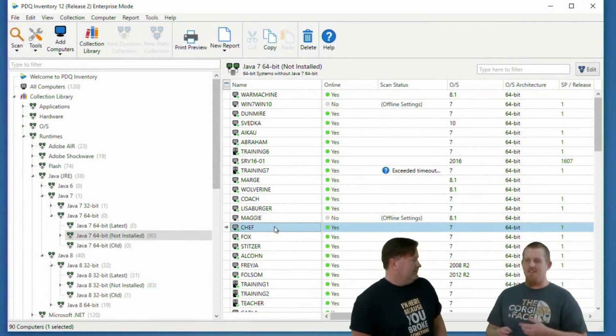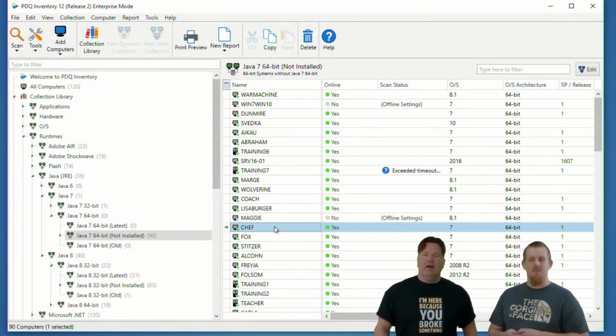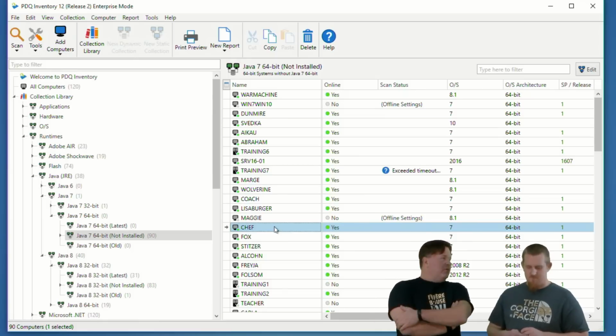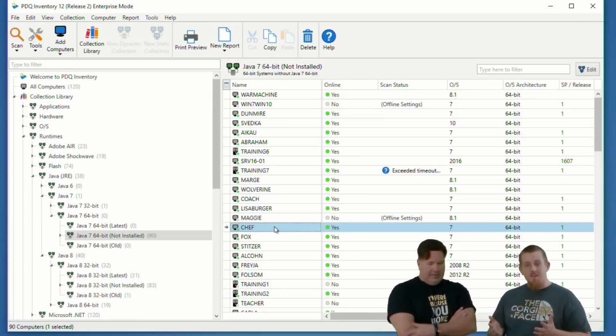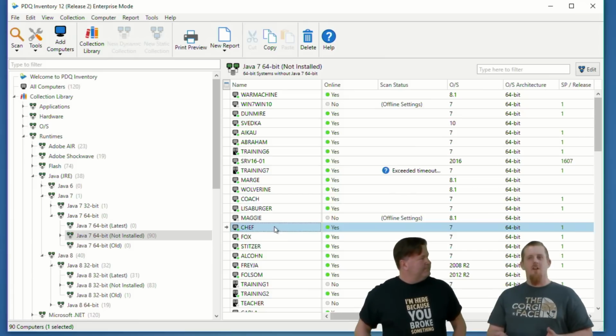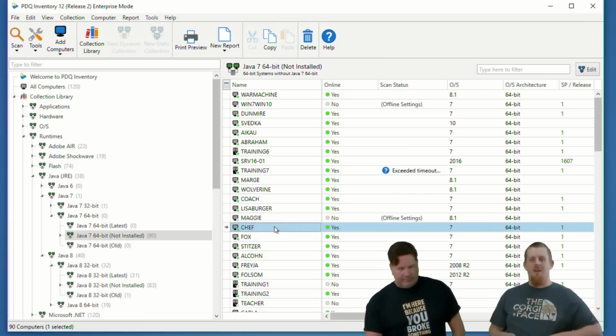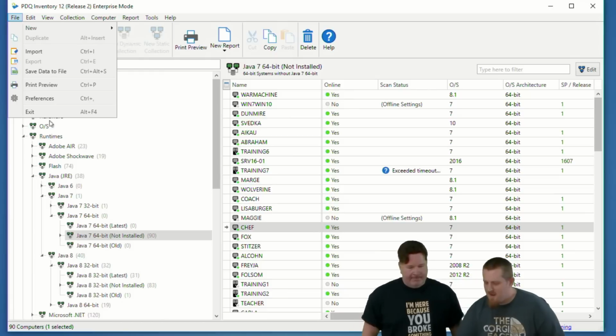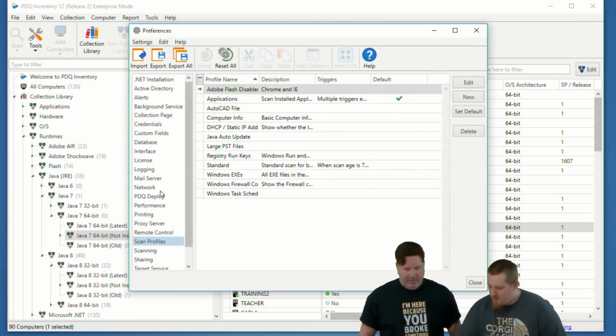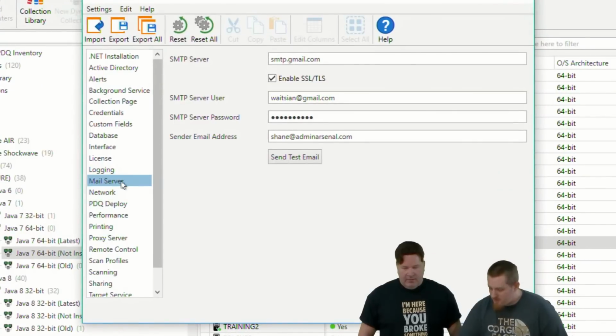Yeah, I mean, it's a cool feature. Absolutely. Well, the other thing you can do is just email him the reports. Find out what he wants, and just have those sent to him on a regular basis. Automatic? Yeah, auto emails. Yes, we have the mail notification set up. We can do that from the preferences, and then have a mail notification, which many of you are probably familiar with.